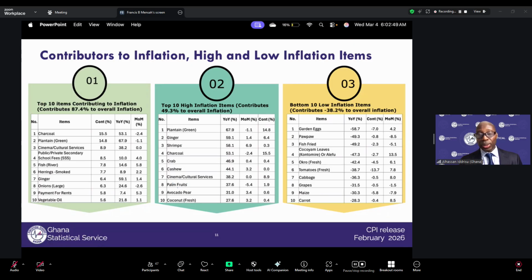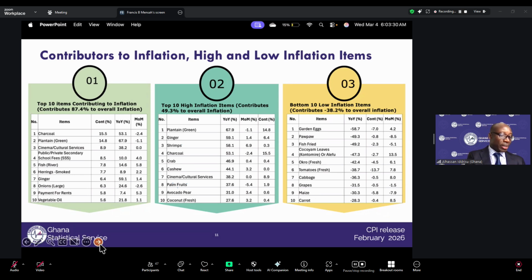So in there, you would actually find prices of goods that have increased. And you would also find prices of goods that have what? Reduced. In fact, in my release, I had outlined items that have seen price increases. I looked at the top 5 highest inflation items in my release. And then I also looked at the bottom 5 lowest inflation items.